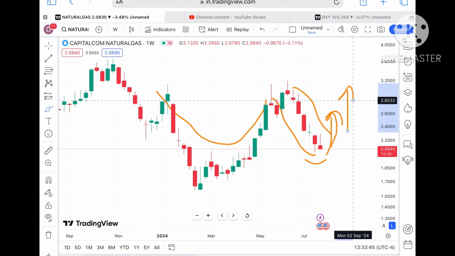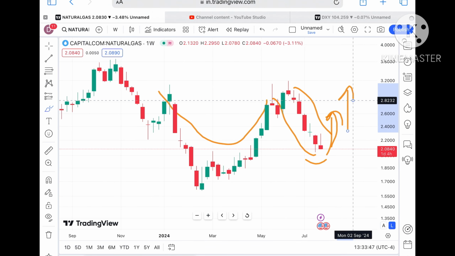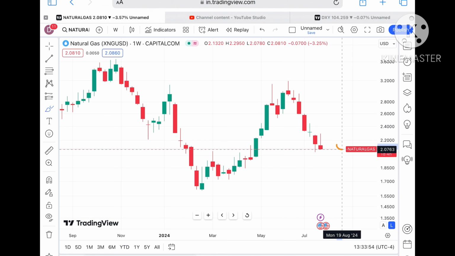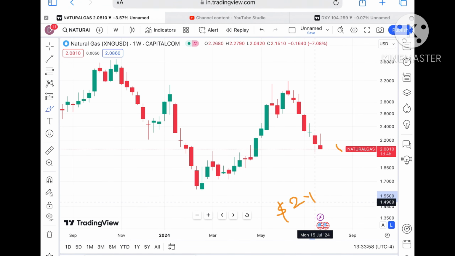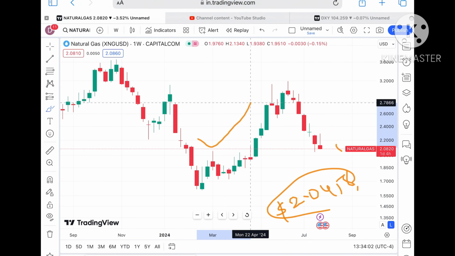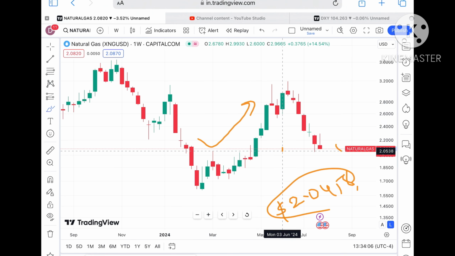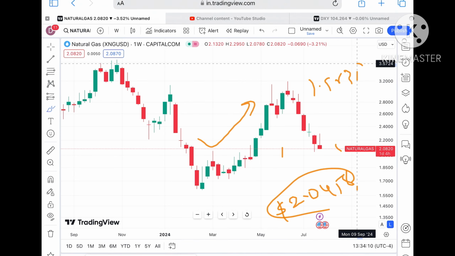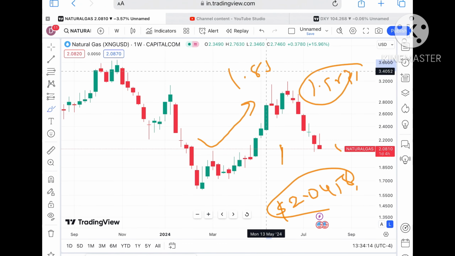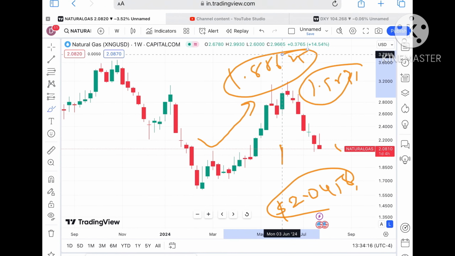Now again, coming back on the natural gas price, so suppose if the price didn't sustain, natural gas price overall trend is downside, so chances are high it can come down. So probability is high. Suppose if the price didn't sustain, we can see it can touch a level of $2.0458. It can bounce back from that level if it goes to that level. Okay, but if it didn't sustain, we can see it will go towards a level of 1.9835, and then a further fall we can see towards a level of $1.88625.